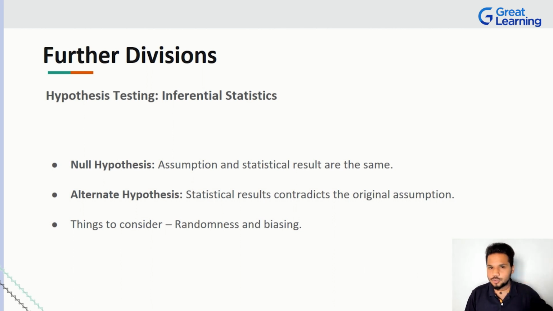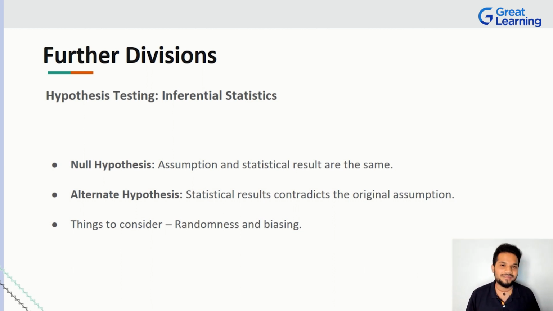But we assume certain things and we try to derive certain results. And once our assumptions and results come out to be the same, we can be like, hey, whatever hypothesis I had in mind was correct. It's basically us trying to make a very calculated guess, and we're trying to answer if your guess is correct or not, right? Two important things you have to consider in the case of hypothesis testing is,